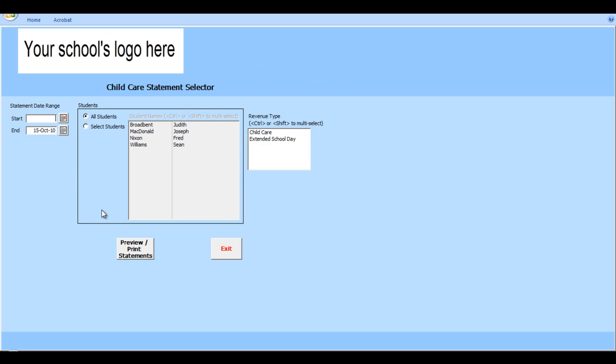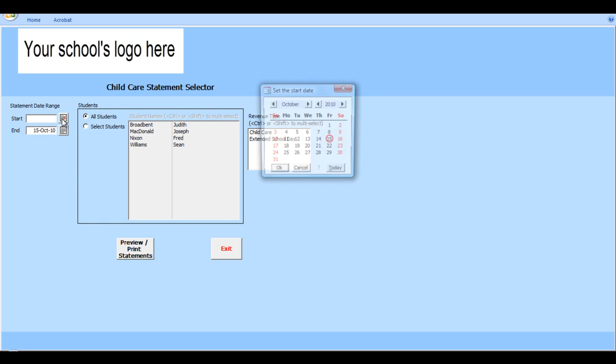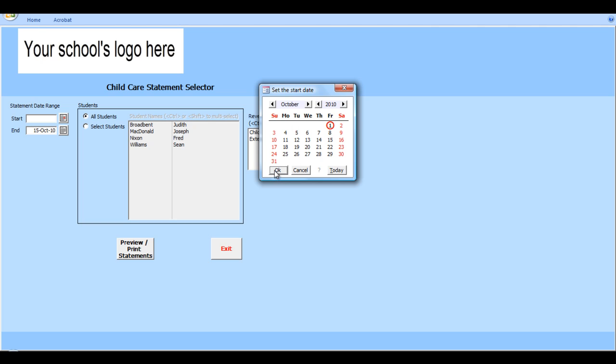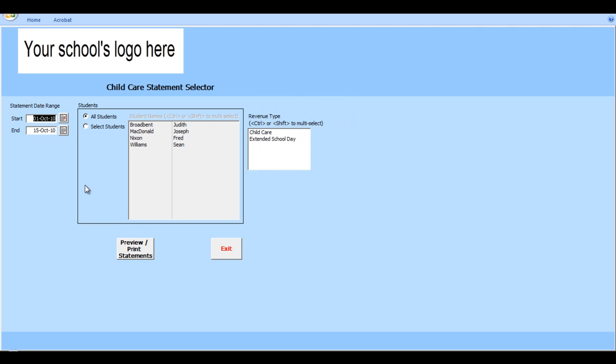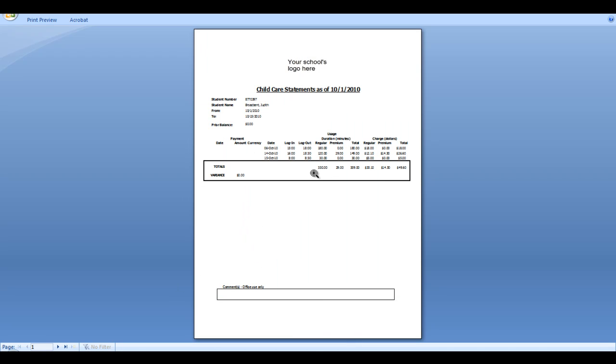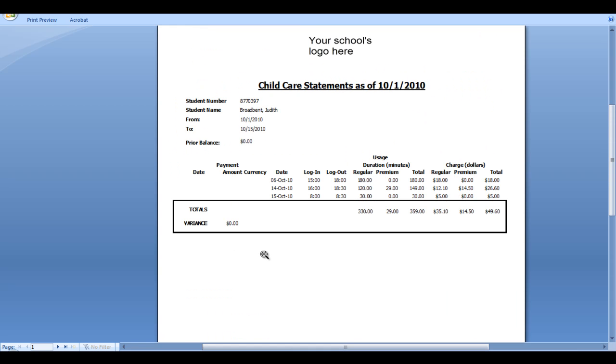Simply press the Childcare Statement button, select a start date. We're going to focus on the month of October since that's where our test data is. The system allows you to select either all students or individual students. We're going to stick with all students, and then press the Preview Print Statements button. Phoenix NP Complete opens up the childcare statement and allows you to view and review, and there's one student with